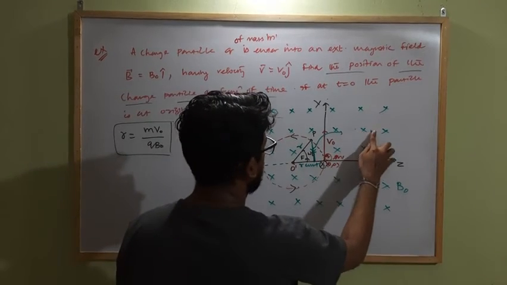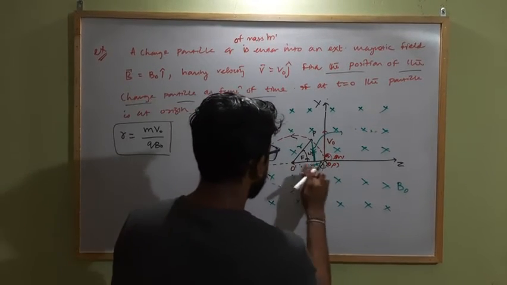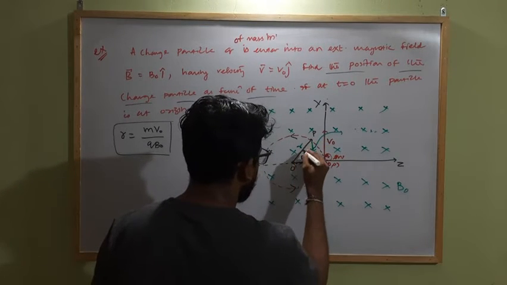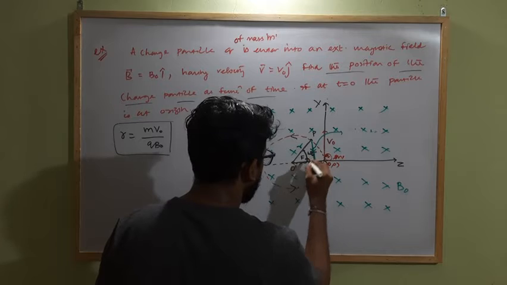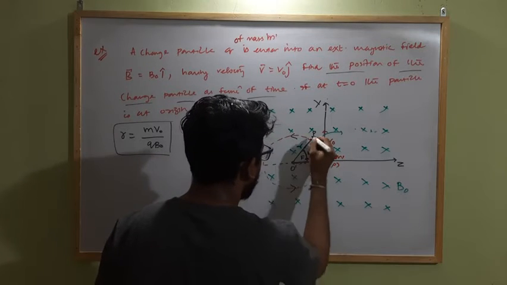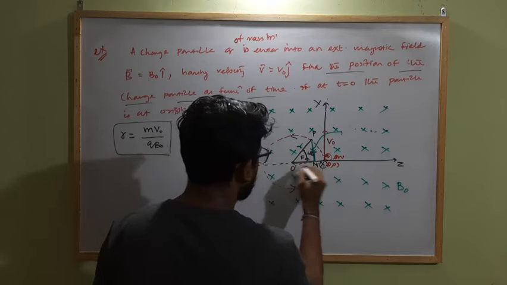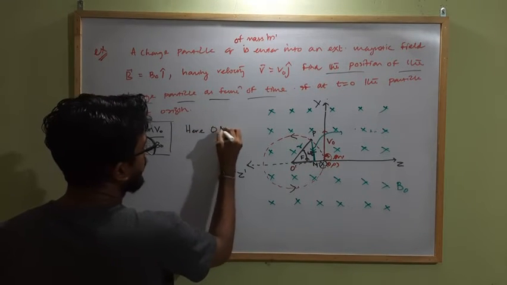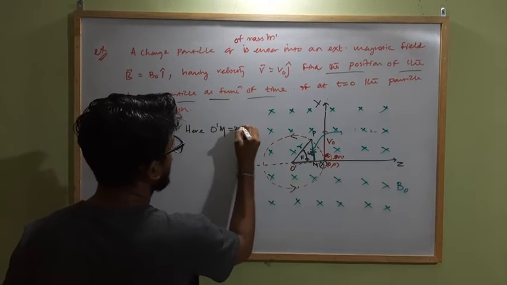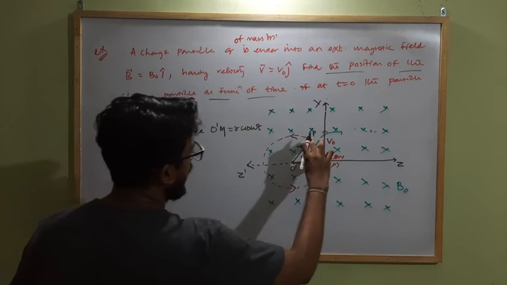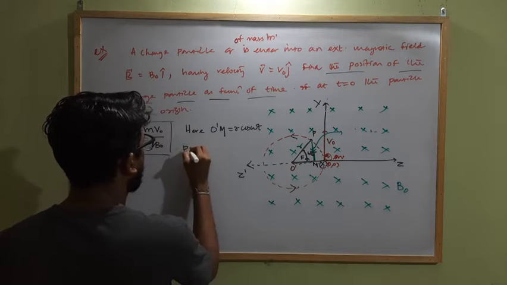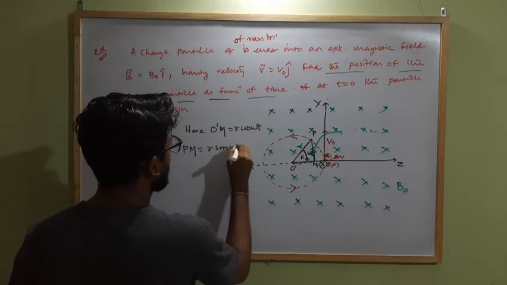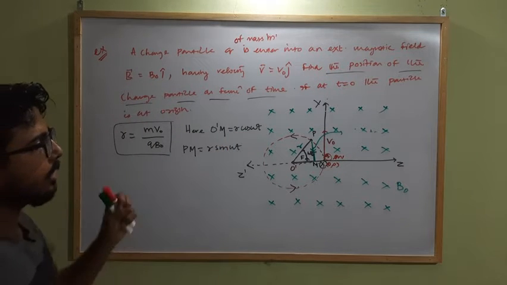I am writing here. This projection, this is r, this angle is omega t. So the projection of OP, let this be M. So OM, O dash M will be R cos omega t, and PM equal to how much? This will be R sin omega t.